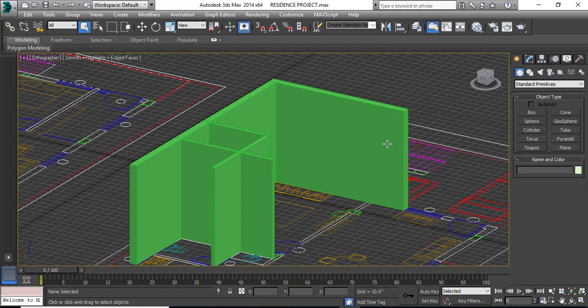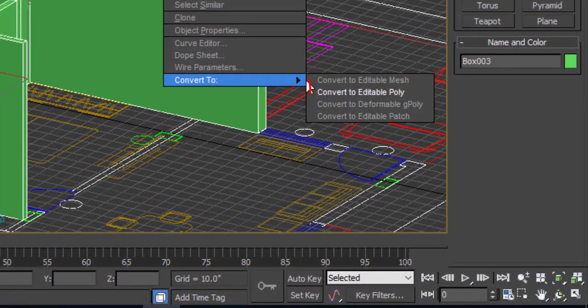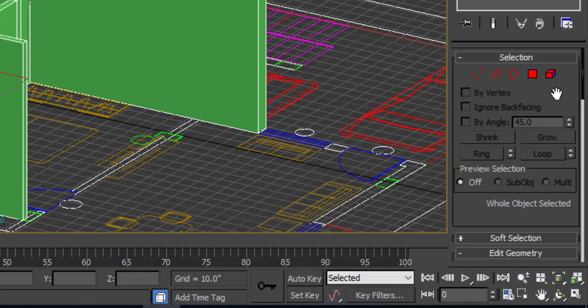First of all, we'll select the outer wall and convert it into editable poly. In the last video I told you about polygon, but in this case we will need edges, since we have to create the edges of the inner wall.